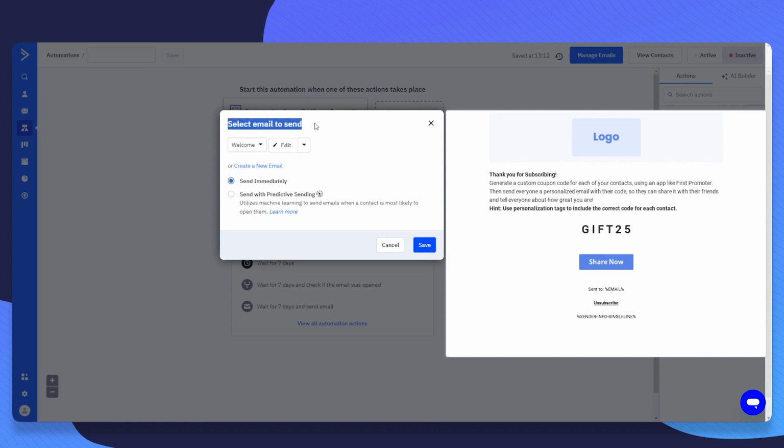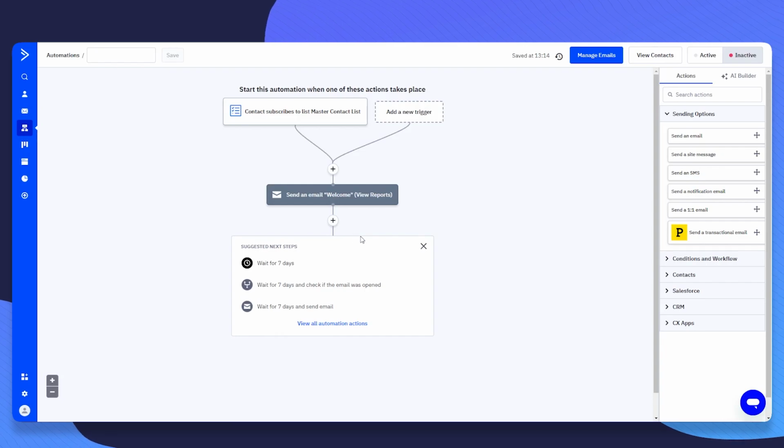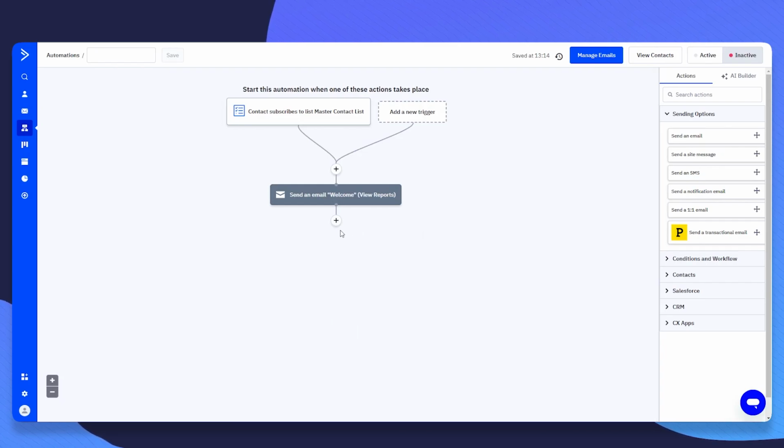And now we will actually have to select when we want to send this email. So we can either send it immediately, which in this case actually does make sense as this is a welcome email, or we can actually also send this with predictive sending, which is AI powered. And this basically just utilizes machine learning to send emails when a contact is most likely to open them, which is super powerful. However, as this would be a welcome email, I won't need this. So I'm going to click on save right here, and then we would have to now add a new action